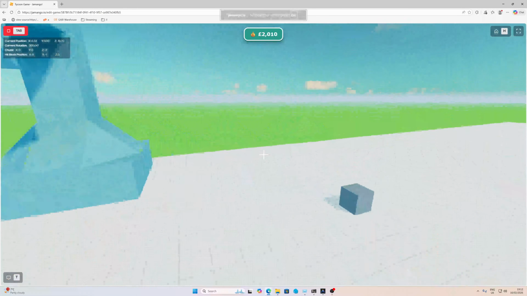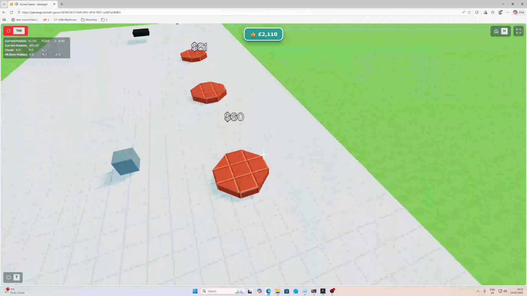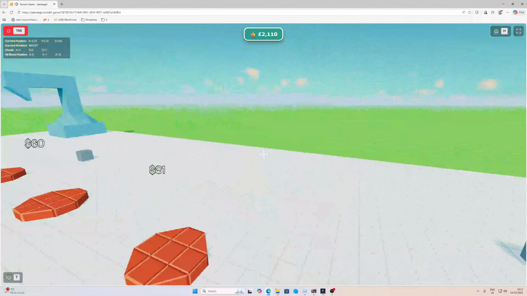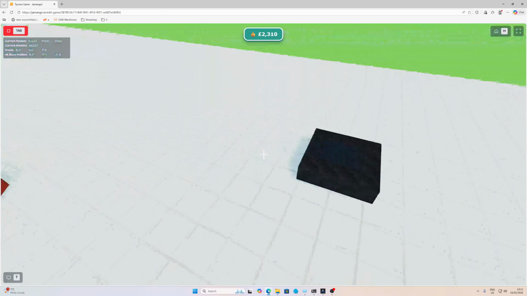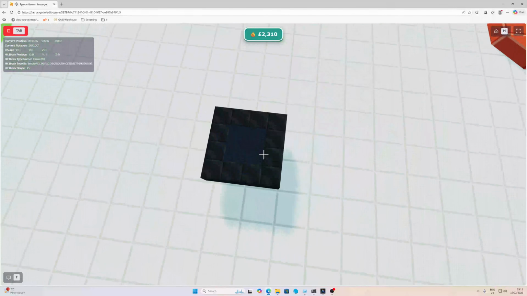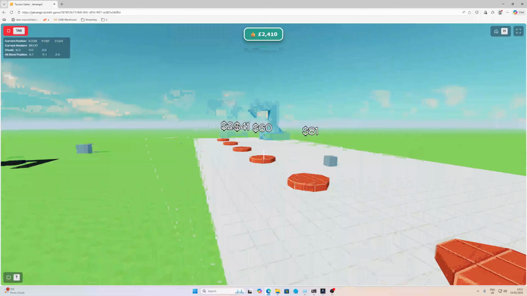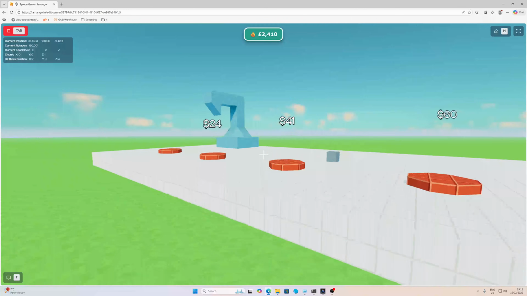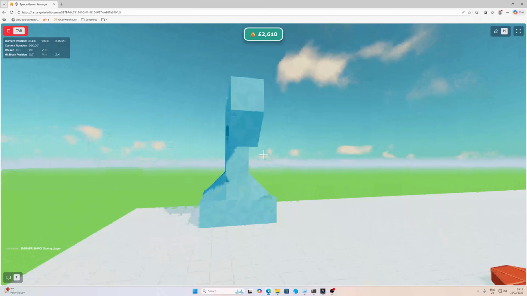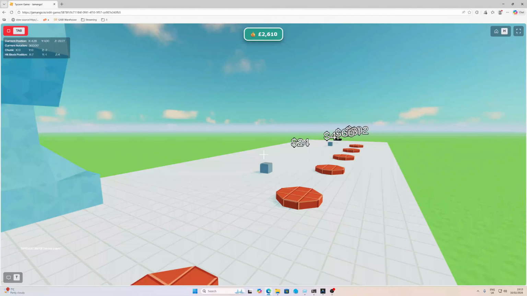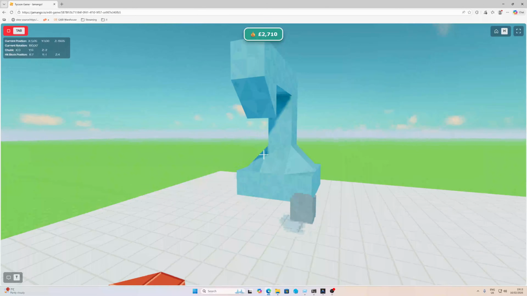Yeah, so what I'm thinking about actually is this could get quite noisy. And if we want to do something like calculating how much money we're earning per second, it can be a bit messy. Whereas